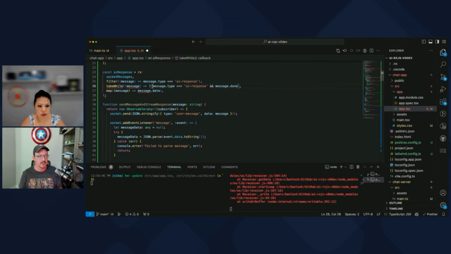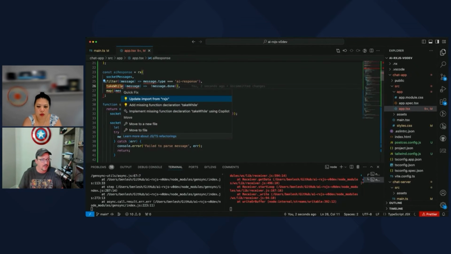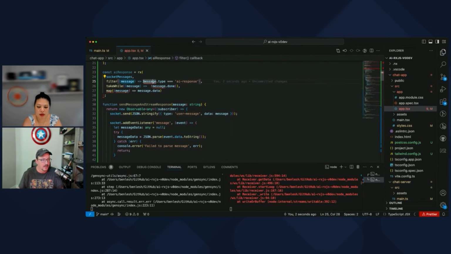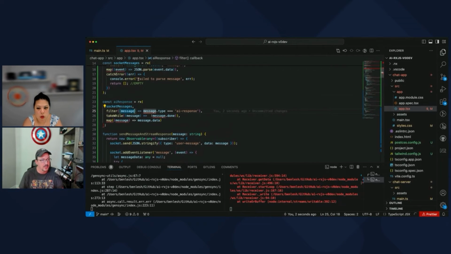So while it's not an AI response with the message that is done. All right. So if we get a type that's AI response, and we already filtered by that, that's silly. So basically, while the messages aren't done, let me add this. What is this? It is unknown. Very good. Let's just say that this is going to be.